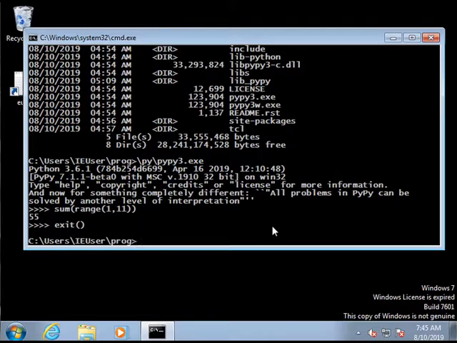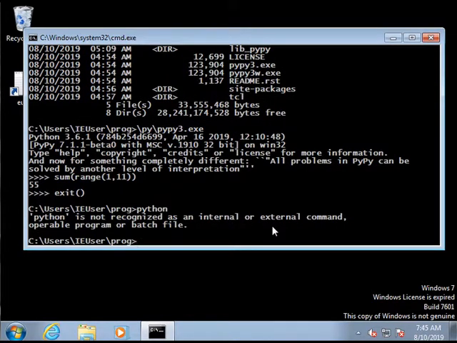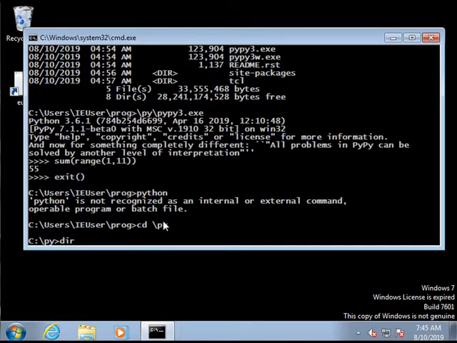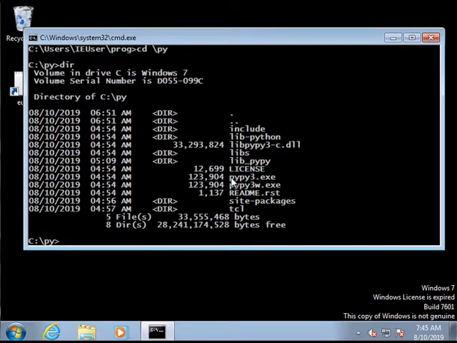And what I want to change now is that I do not like that this Python interpreter is called pypy3. I want to call it with the command python without the path, like this. But you see, if I use it so, then Windows complains that it does not know such a command. Let us do two things. First, we change to this py folder, and let us simply copy this pypy3 to